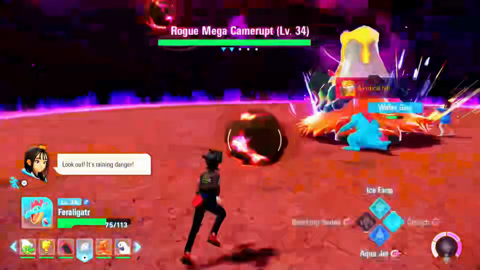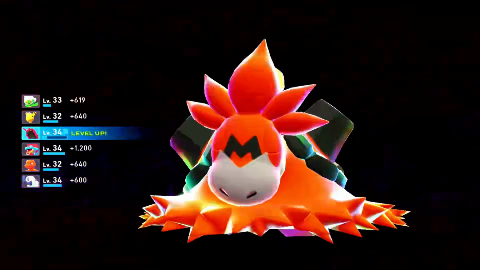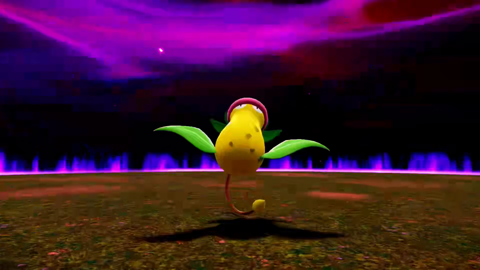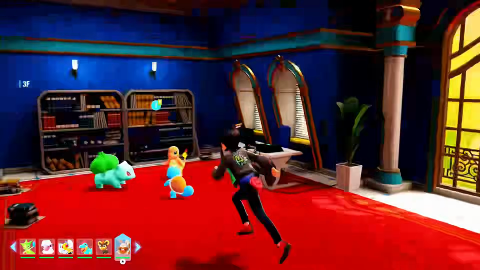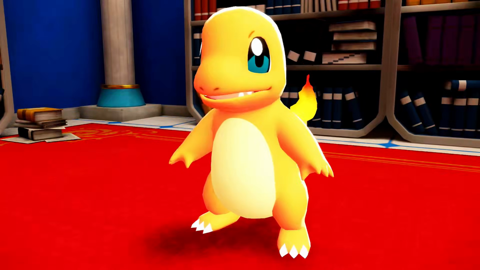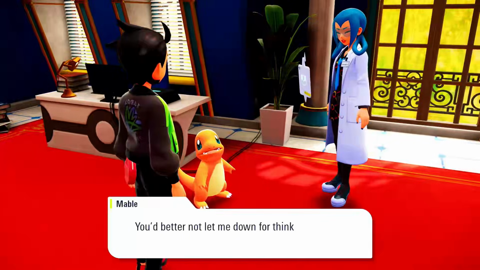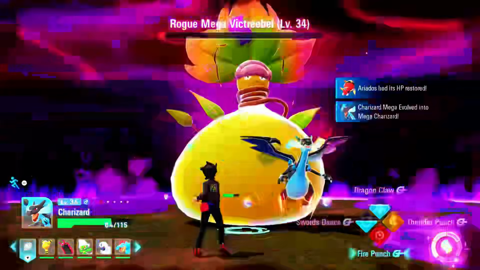Despite it exploding like a walking volcano, Feraligatr cools it down with a series of Aqua Jets. Mega Victory Bell obviously has the type advantage, but we have a secret surprise for it. Before we went out, Professor Mayville gave us a little gift, a Charmander. Obviously we trained it up and now we can have Mega Charizard X on our side, cooking it with a